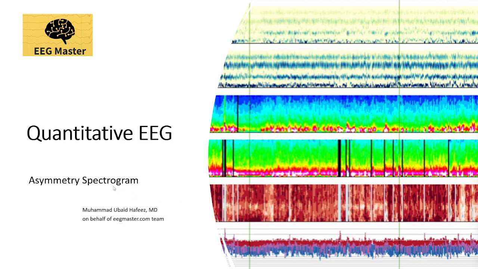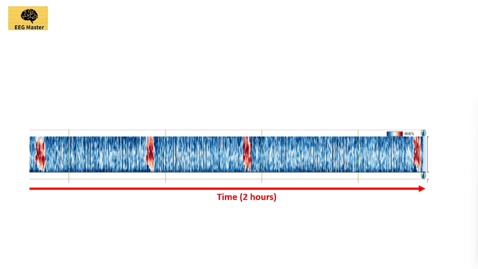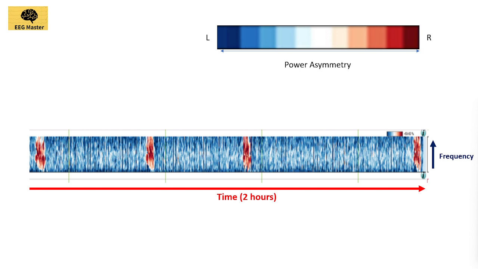In this short video, we will be discussing asymmetry spectrograms. An asymmetry spectrogram is a three-dimensional quantitative EEG display, comparing the distribution of power across different frequencies between the right and left hemispheres. The time is plotted on the X-axis, frequency on the Y-axis, and power asymmetry on the Z-axis using a